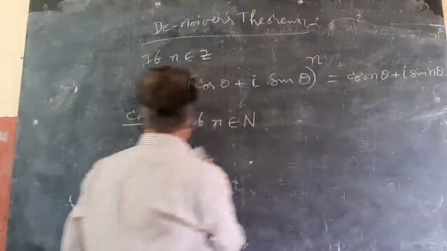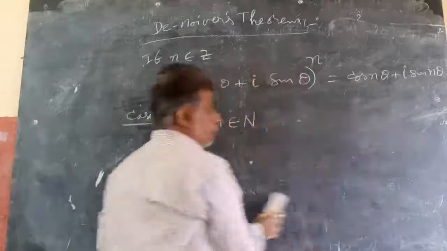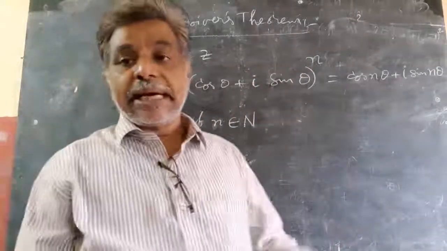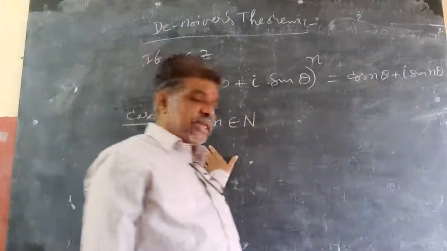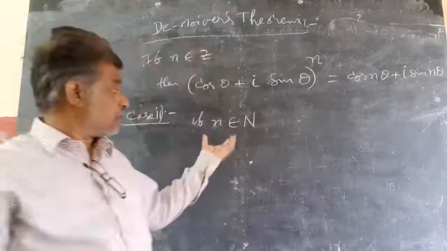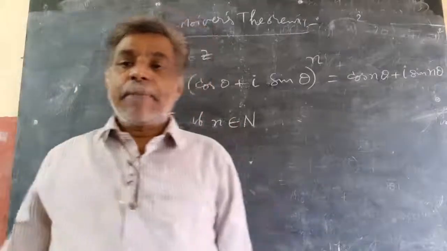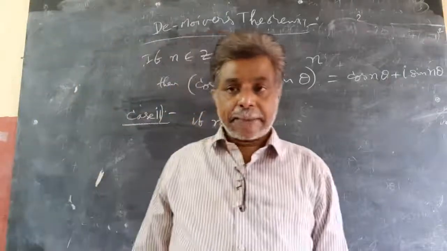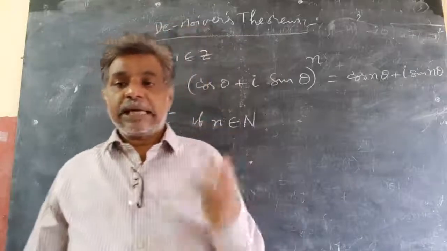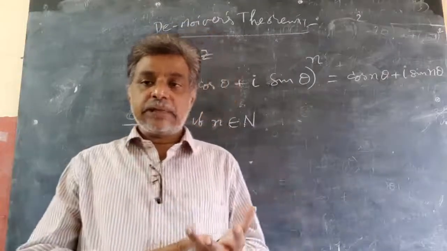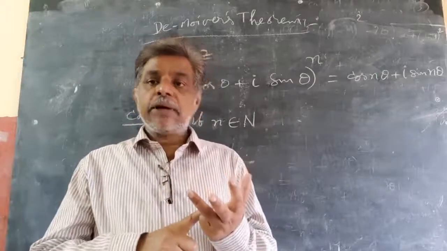Whenever we want to prove for n belongs to N, the capital natural number set, what do we do? We learned in first year mathematical induction, and in matrices also we proved this. So we need to prove it using the principle of mathematical induction. What did I tell there? In mathematical induction, first we need to prove it is true for n equal to 1.